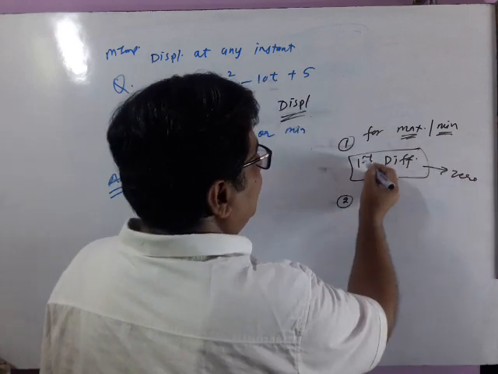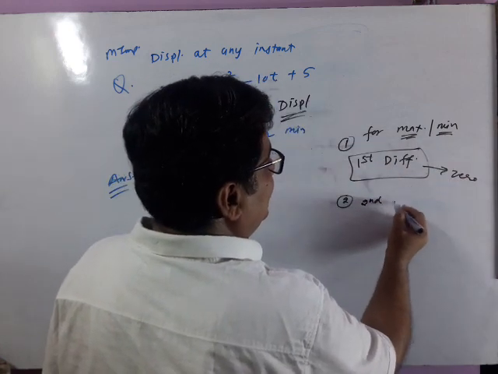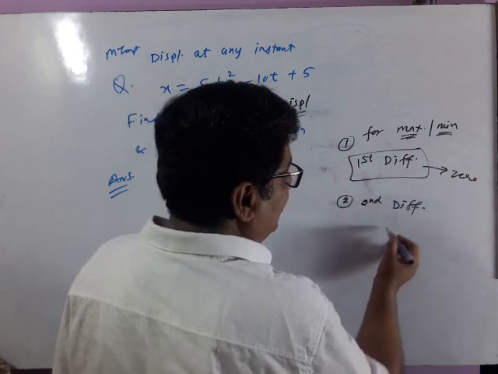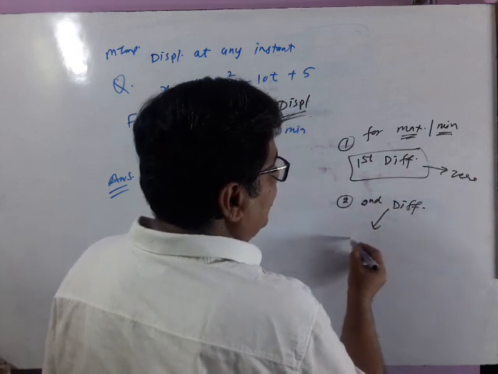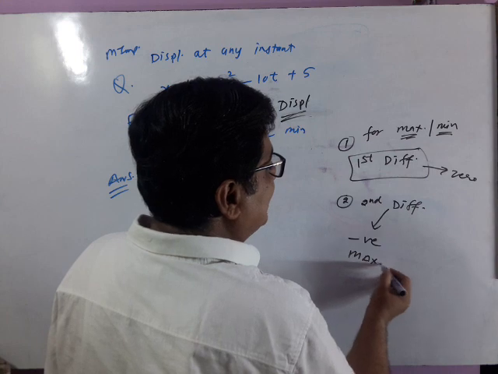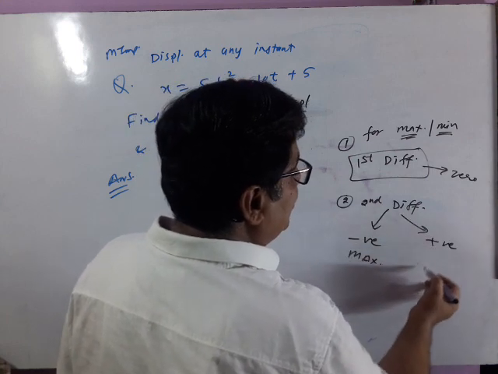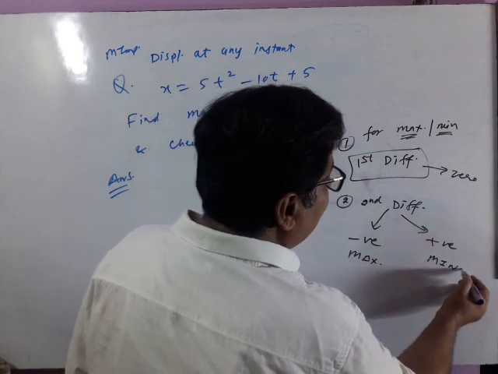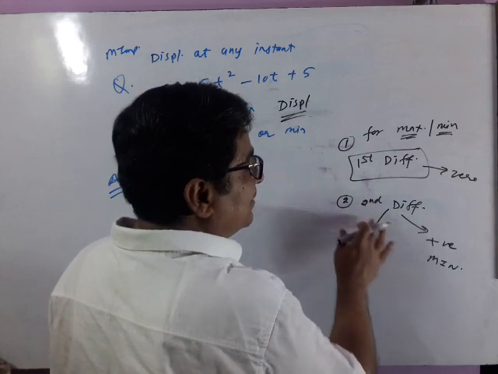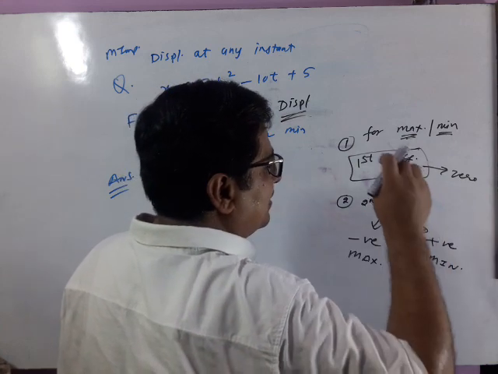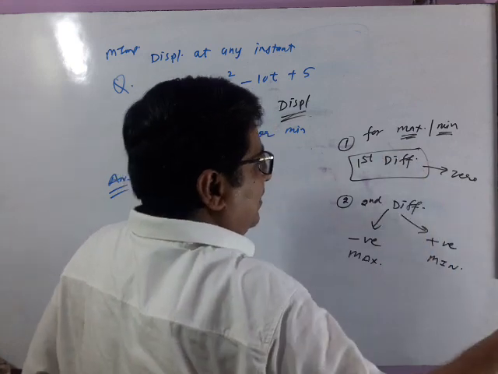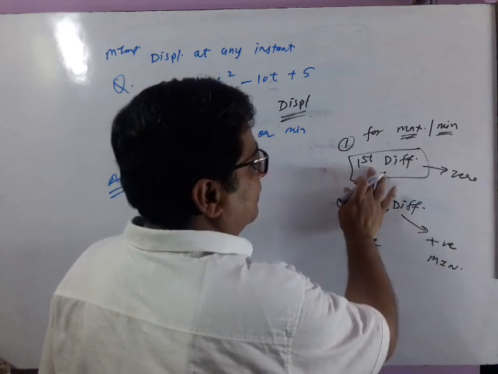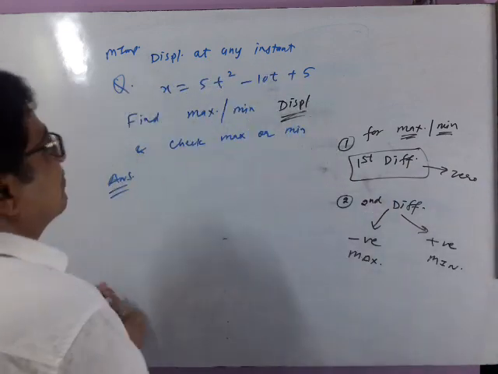Step 1. Step 2: again you differentiate. That is called second differentiation. If that second differentiation is negative, it is called maxima. If that second differentiation comes out positive, it is called minima. The second step is not compulsory when he gives you in the question that it is maxima, so follow only the first step. What is the meaning? See.